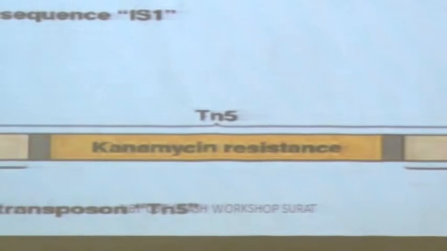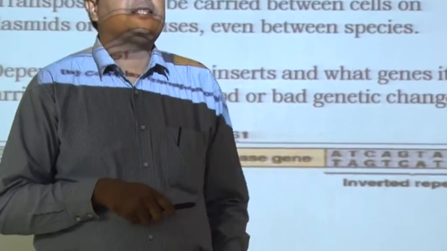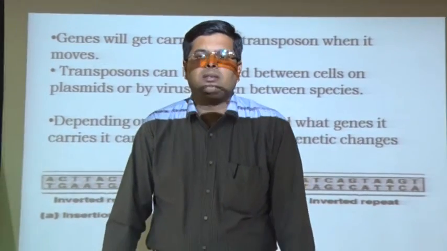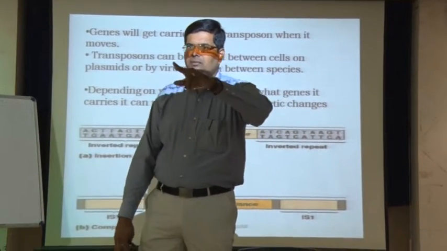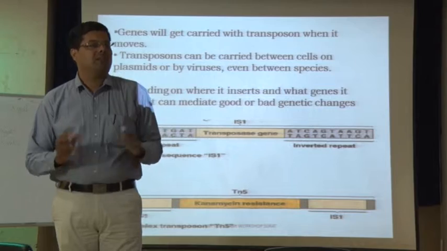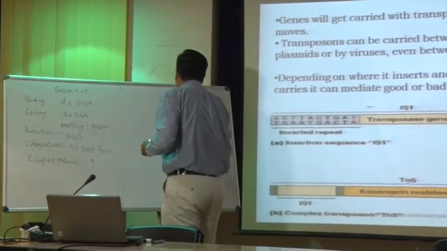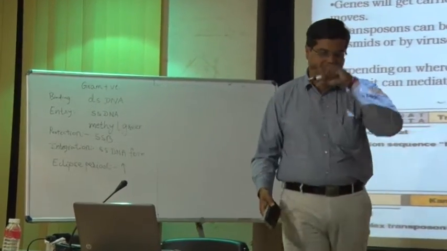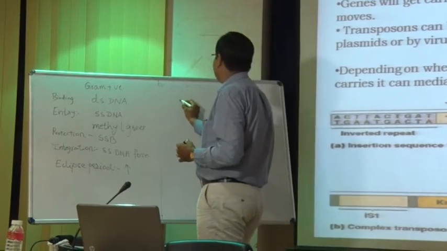Now, as far as the mechanism of transposition is concerned, by and large there are two mechanisms. One is the replicative mode of transposition. Do you know? There are two different modes of transposition: one is the replicative mode, and second is the non-replicative mode. What does replicative mode of transposition mean? The transposon